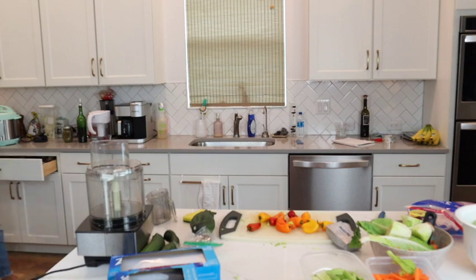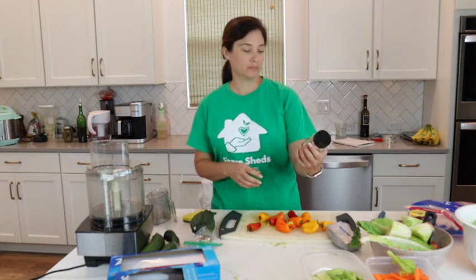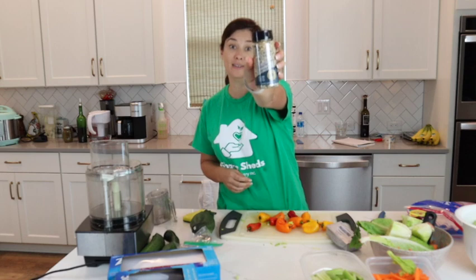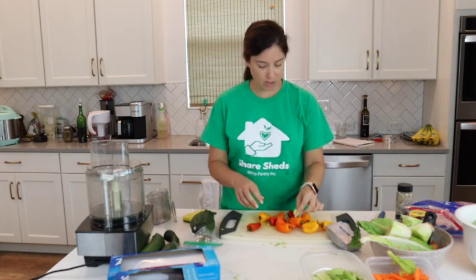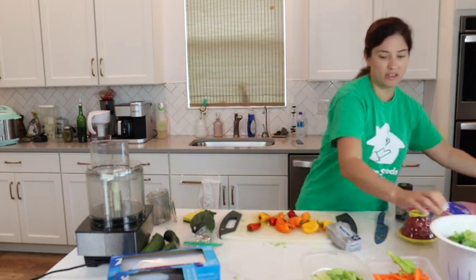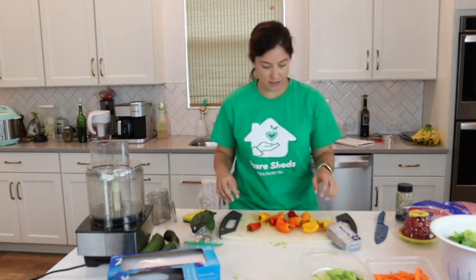Now if I can only find the seasoning, hold on. Okay, I have this seasoning right here. Everything seasoning for bagels and more. I got this at Publix, I believe. Okay, so look at all these great veggies I have over here